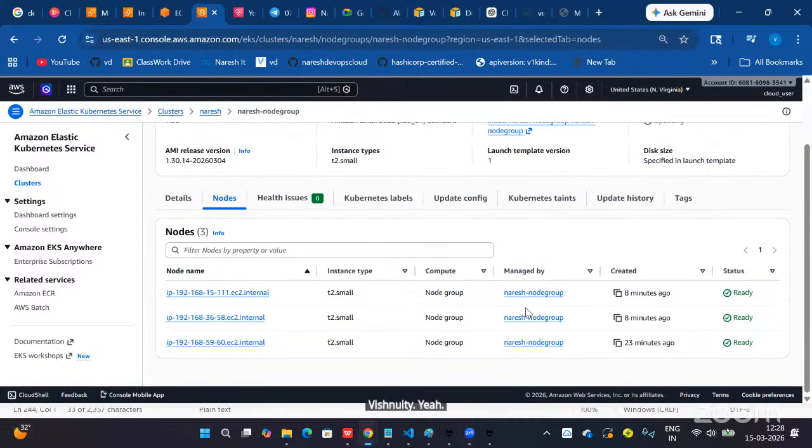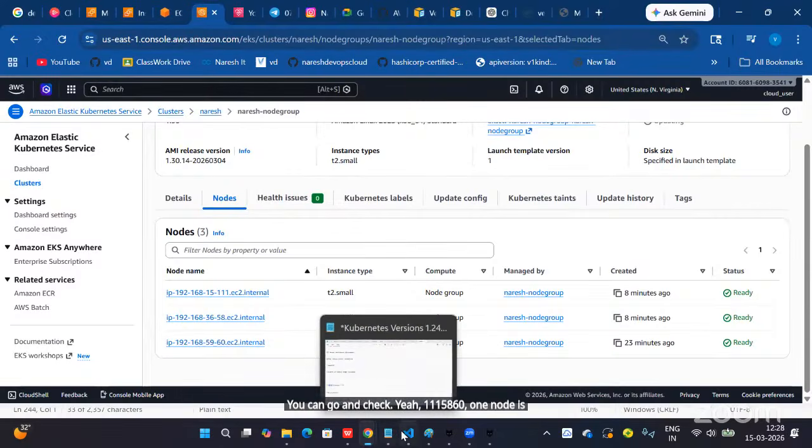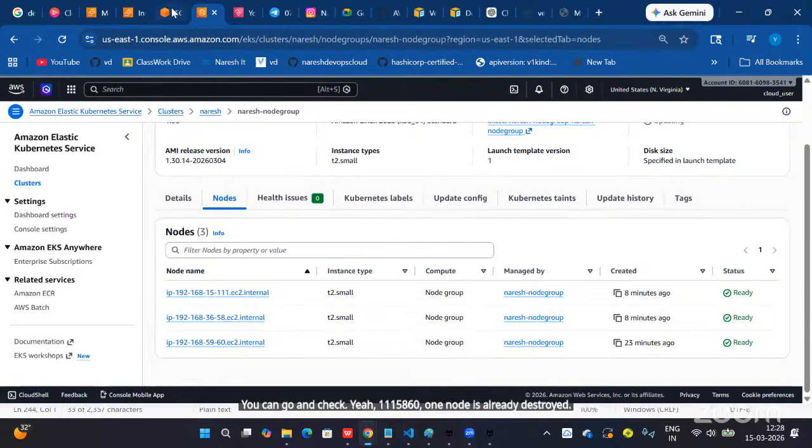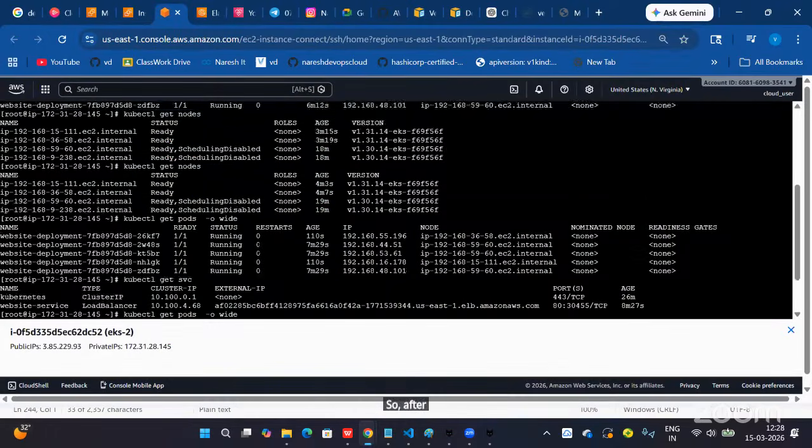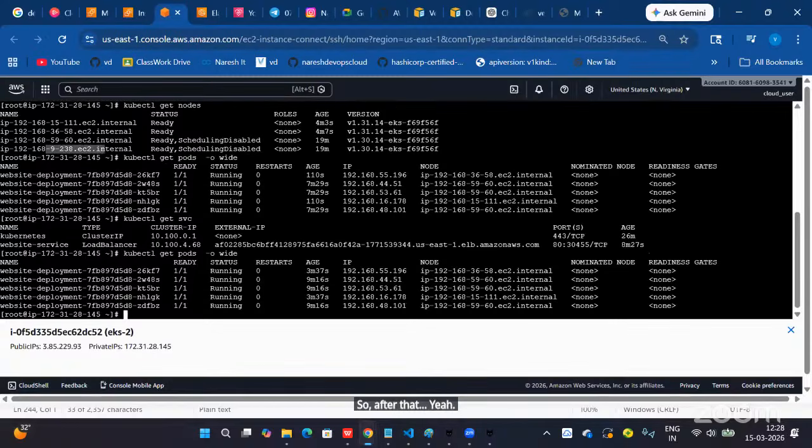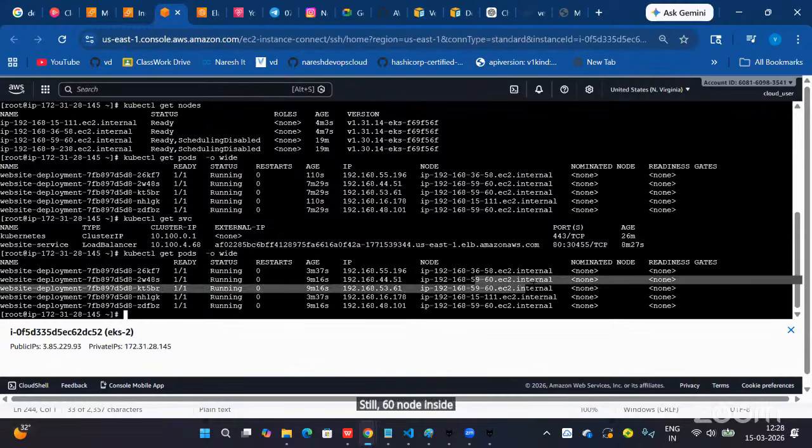Still updating. If you can see, 3 nodes only there, already one node is being destroyed. You can go and check. Yeah, 111, 58, 60. One node is already being destroyed. So after that, yeah, you can see the 238 node, an old node, is being destroyed. Still in the 60 node, a few pods are running. This is also old.